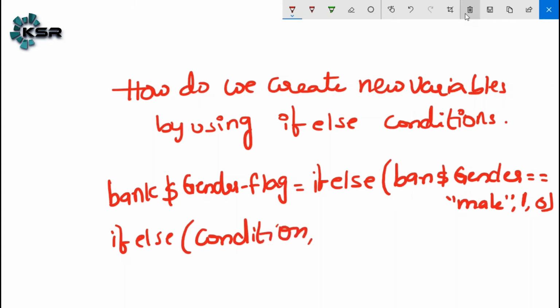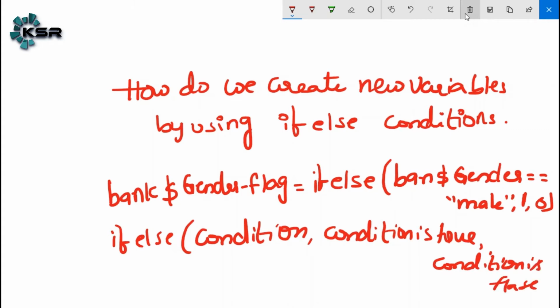If the condition is true, you write whatever you want there. If the condition is false, you write what you want for the false case.